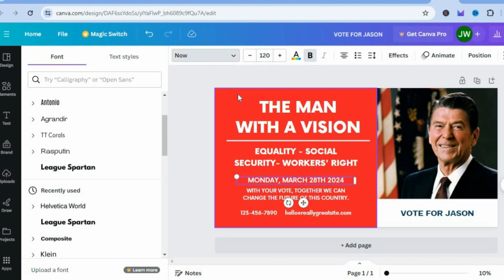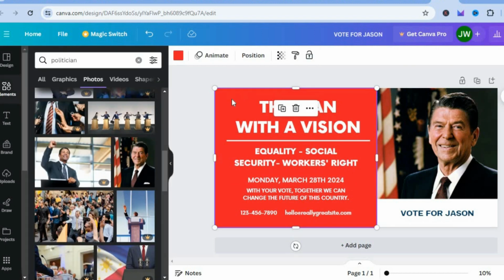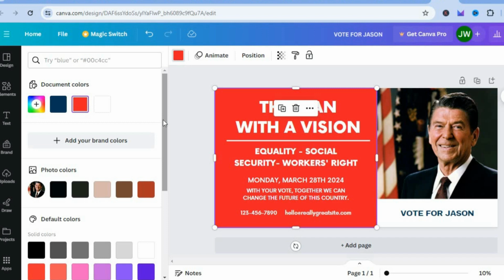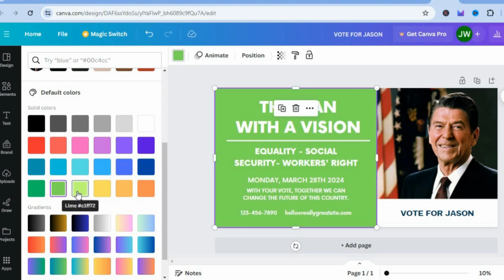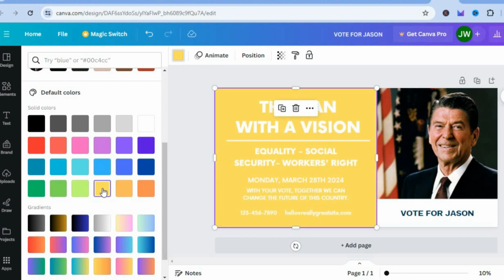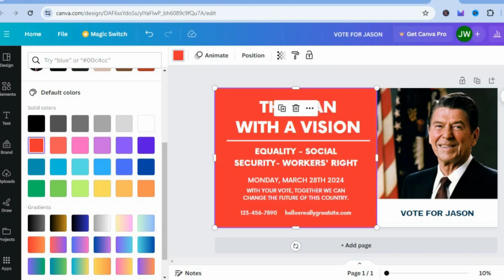If you'd like to change the background color, all you'll need to do is tap on the current color or box. Then you can tap on the color box from the top menu option, and you could choose a background color of your liking. As you can see right there, there are numerous options you can choose from. After you have chosen a background color of your liking, but I like the red,